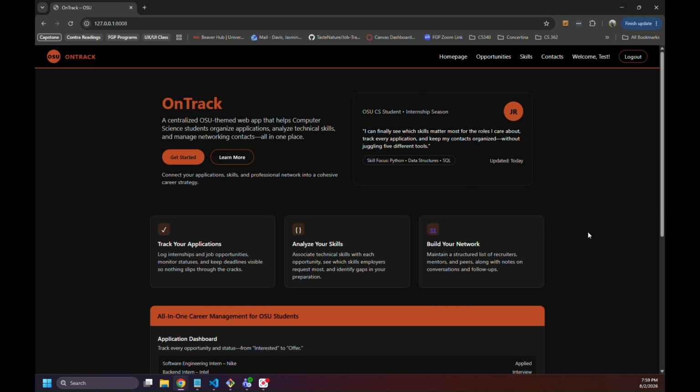Our objectives were to include account creation, job and internship tracking, skills tracking, along with statistics and contacts to allow users to keep track of networking and contact information for jobs that they're applying to. We've built a modern web application using Django ORM and SQLite as a proof of concept, with future expansion opportunities